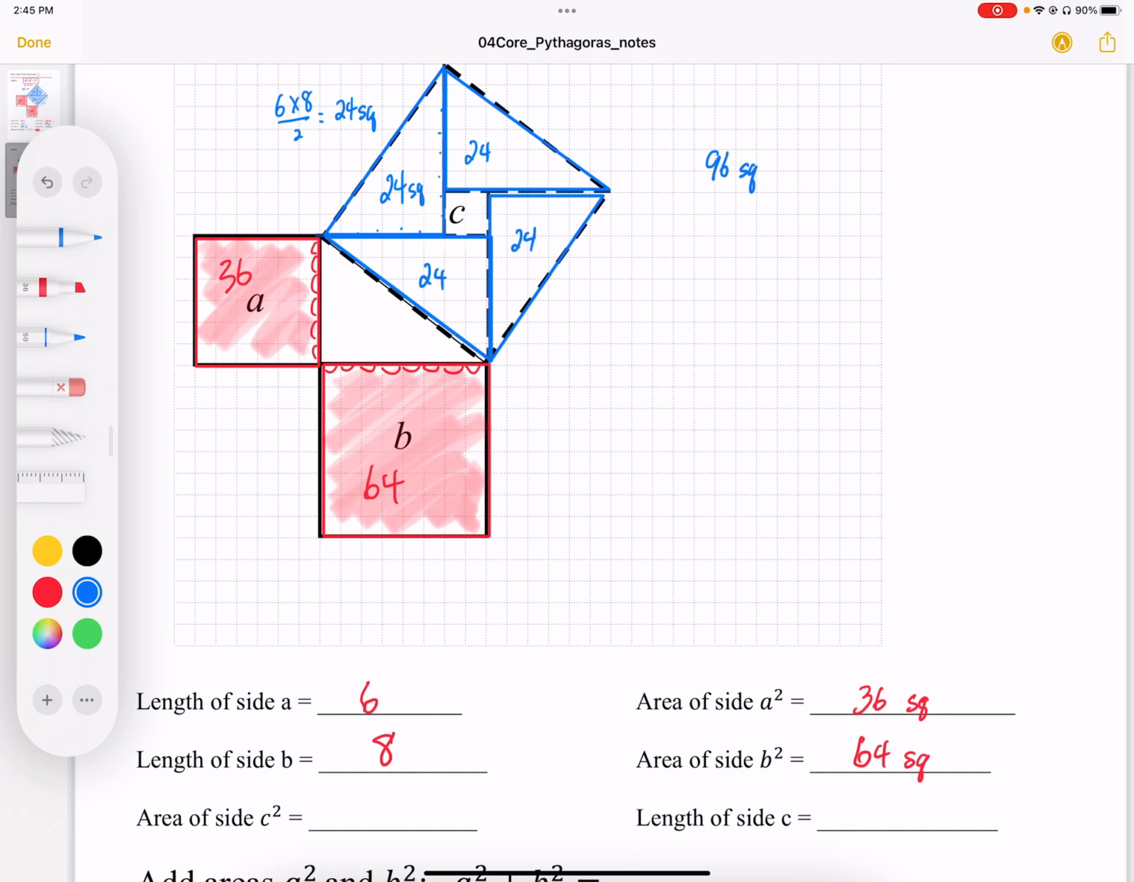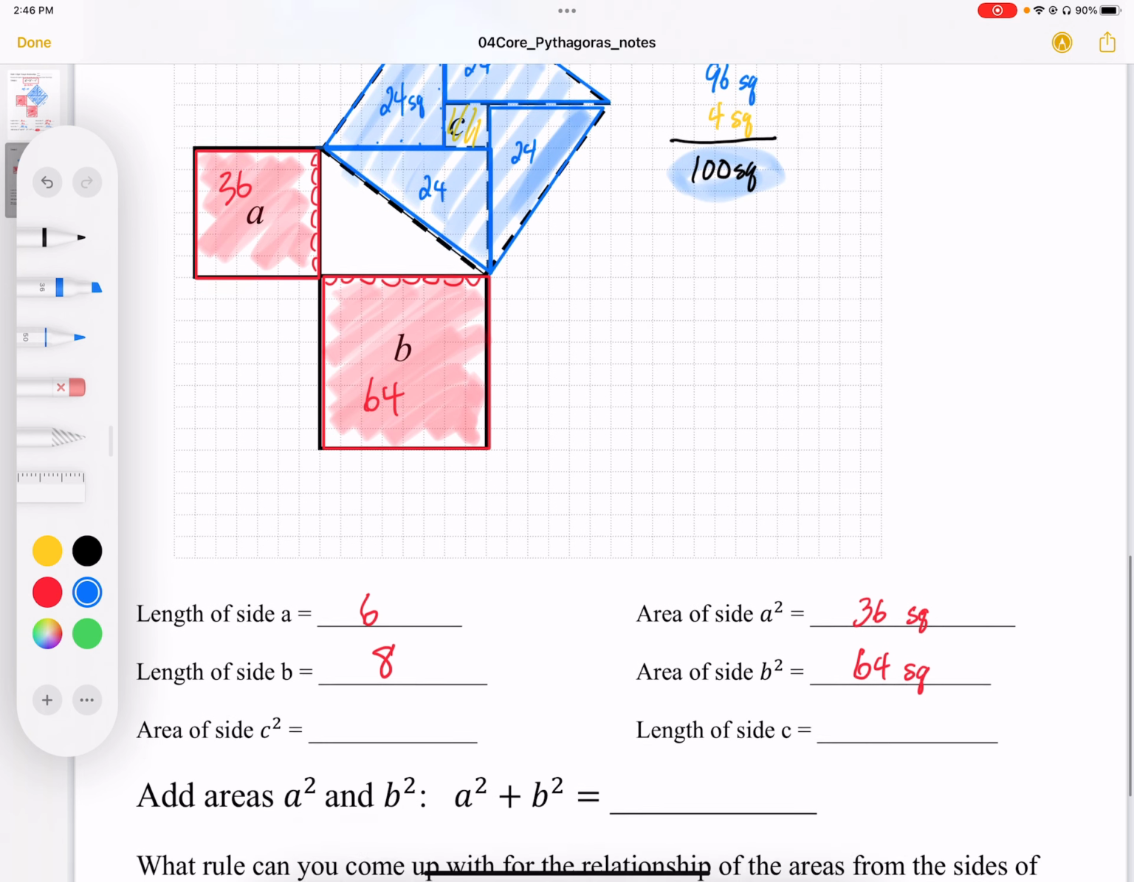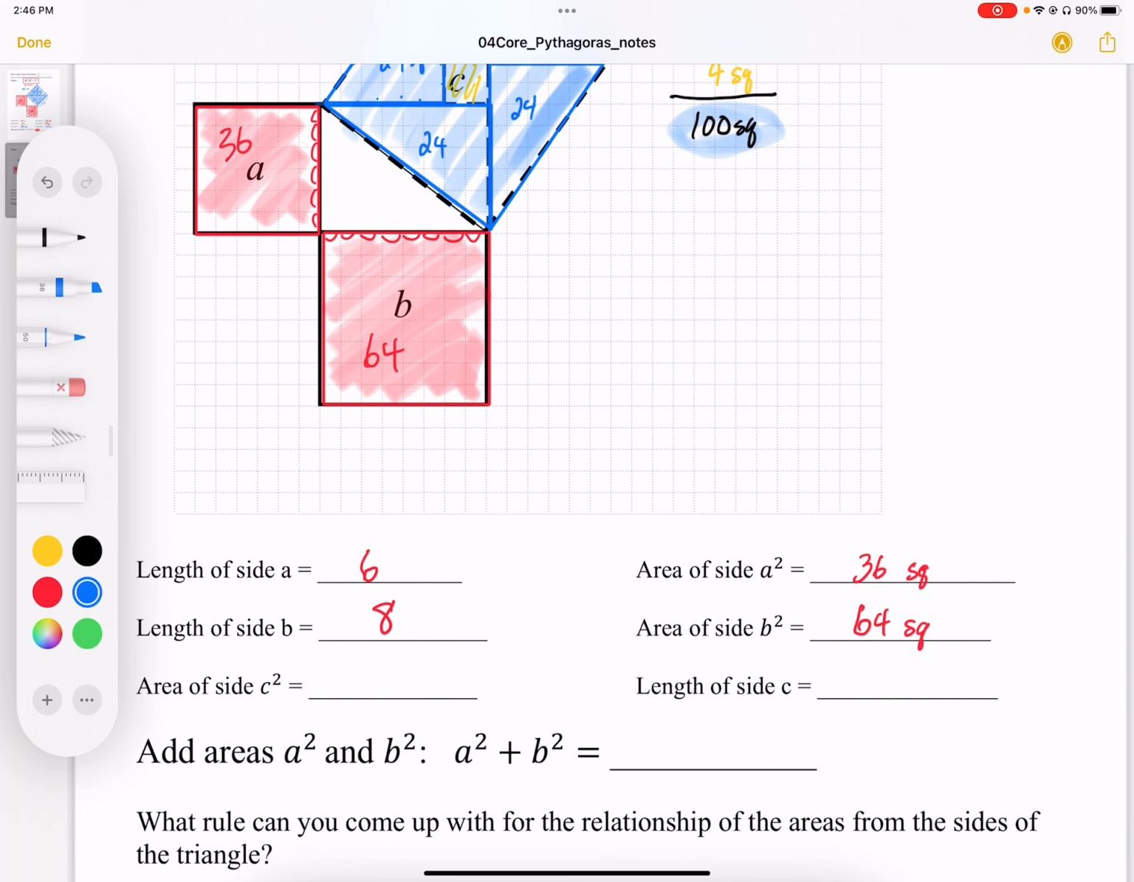And that square in the middle, I'm just going to do the different color here. That square in the middle is going to be 4 squares. So the total number of squares we get is 100. Okay, so when I just shade that in, all that blue area is going to be represented by 100 squares. So we have 100 squares,